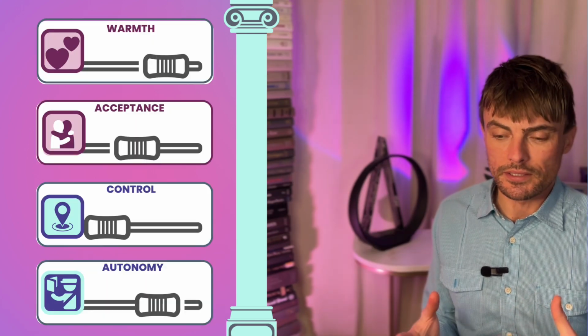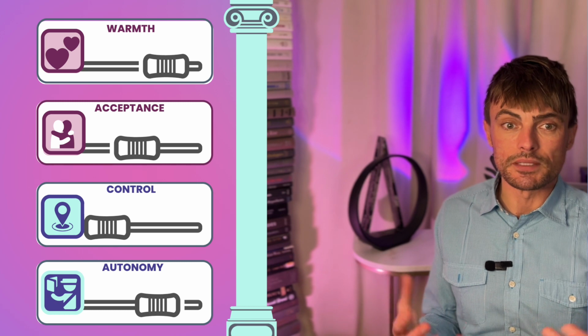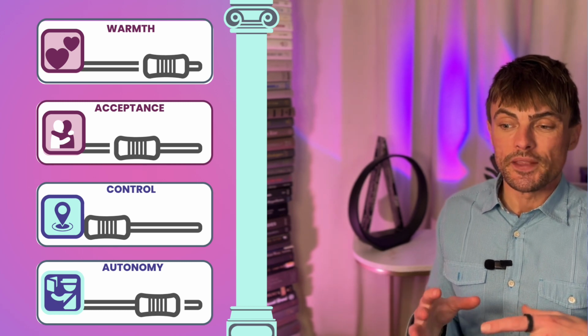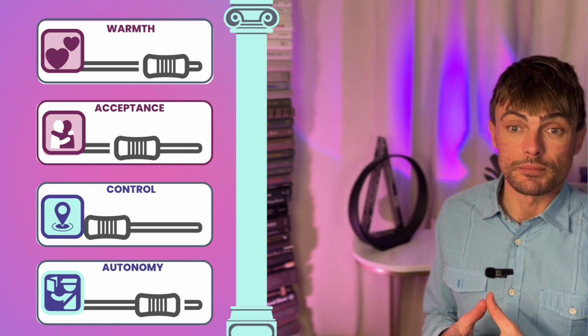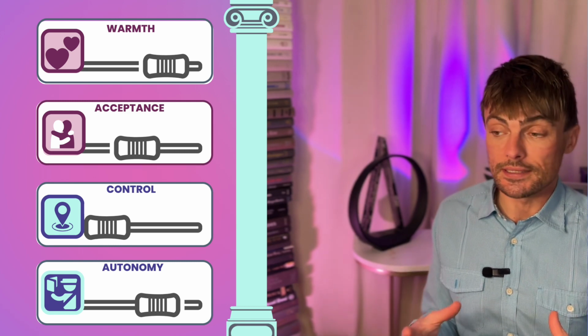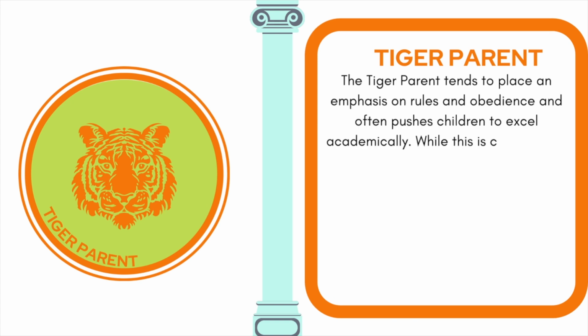The bad news is that we don't get these cute little boxes anymore, but it does give us the freedom to be more flexible because there's an infinite number of combinations on these four dials or four spectrums that account for all parenting types across the world. Sometimes these things are easier to understand with an example or two.